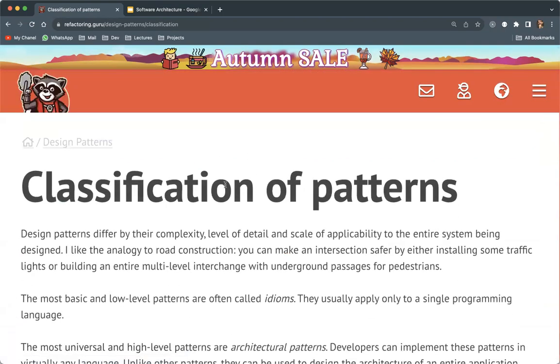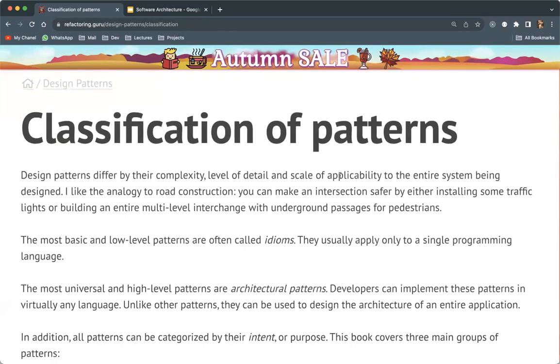Design patterns are classified based on what they're going to be doing and what solutions we're going to build. They have been classified into several levels. Design patterns differ by their complexity, level of detail, and scale of applicability to the entire system being designed. Like the road construction analogy, you can make intersections safer by either installing some traffic lights or building an entire multi-level interchange with an underground passage for